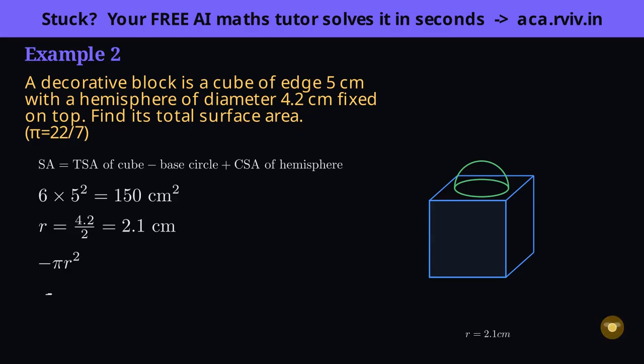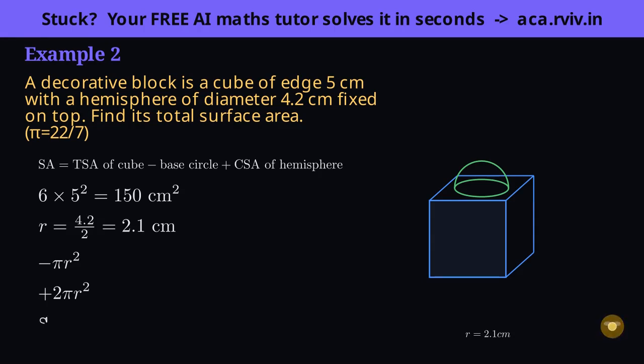And the addition. In place of that flat circle we've now got a curved dome bulging out into the open air, so we add the hemisphere's curved surface, 2 pi r squared. Notice we add only the curved part. The flat base isn't counted, it's the very circle we just hid.